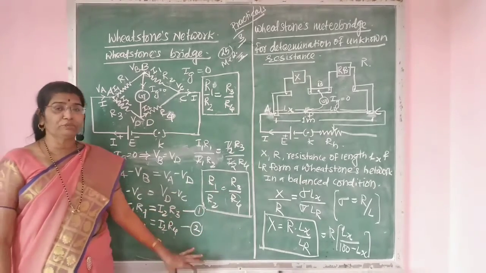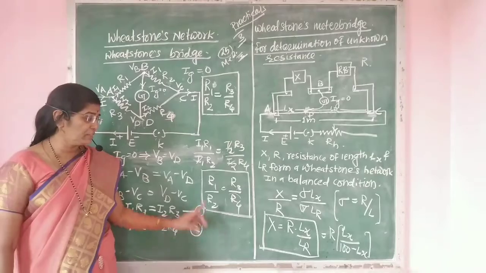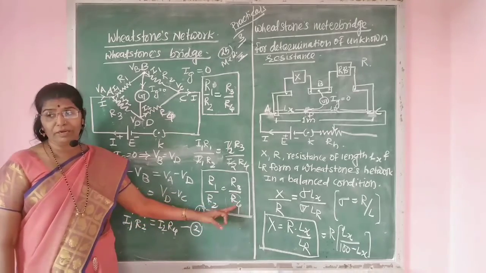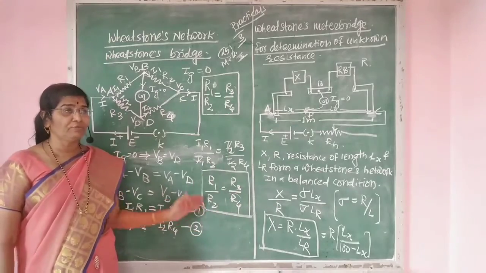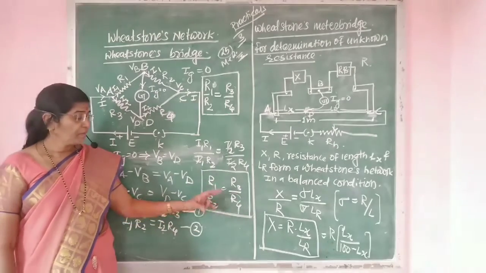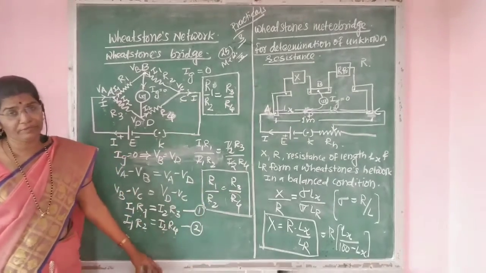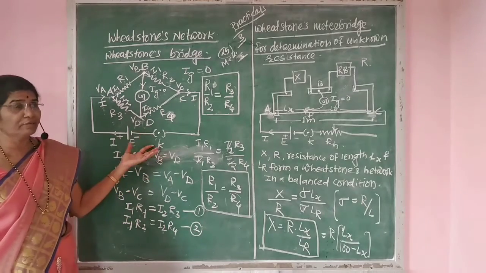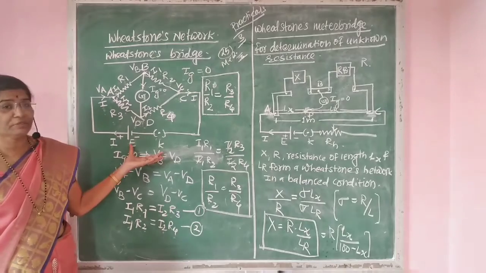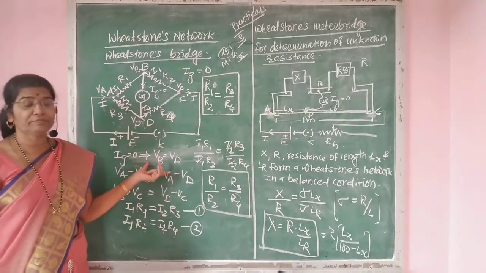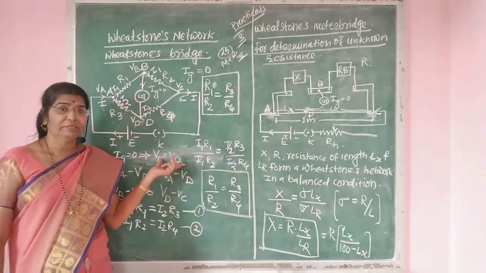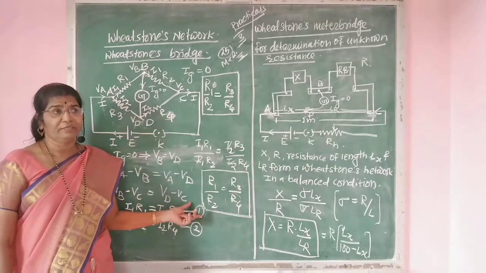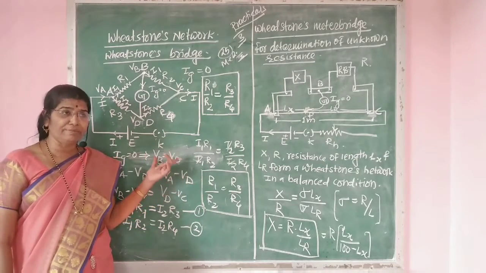From this expression, we can determine the unknown resistance if R1, R2, R3 are known and R4 is unknown. Knowing the values of three resistances, R4 can be calculated. This is very important. It is asked in the exam for 3 marks. There are a number of MCQs on this bit. In board it is for 3 marks, and in NEET or CET, one question will be asked on this bit.